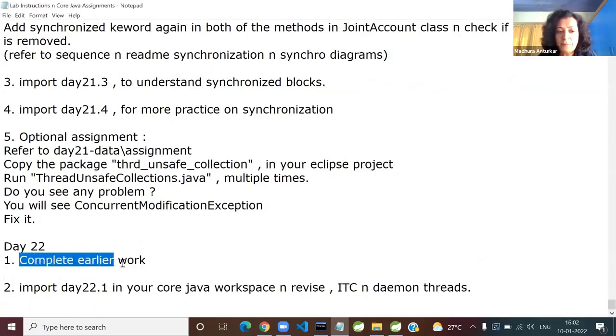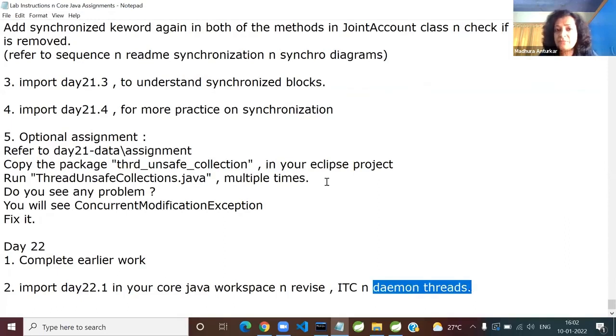You had to complete the earlier pending work, and then revise using this 22.1 project: mainly inter-thread communication, the various flowcharts we discussed, the deadlocks we discussed, and wait-notify, followed by daemon threads. Then you have to start with the JDBC revision. Tell me, have you completed the revision or are you still doing it? Accordingly, I will talk to you.